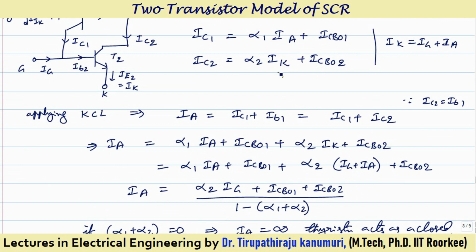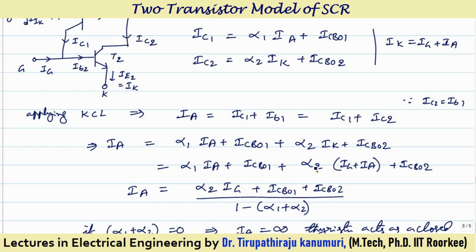Again we know the value of IK is nothing but equal to IG plus IA. So same thing I have substituted here, IG plus IA. So here left hand side IA is there, here also one IA is there, here also one IA is there. Or we can tell that when you are bringing this to the other side, this will become IA times 1 minus alpha 1 plus alpha 2 is equal to